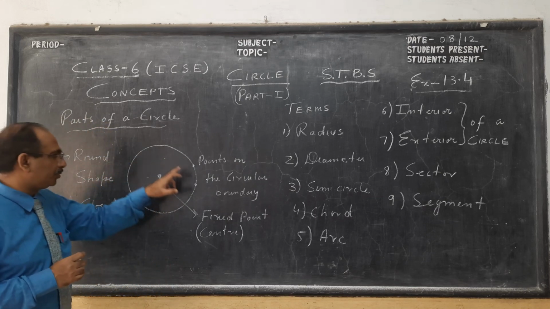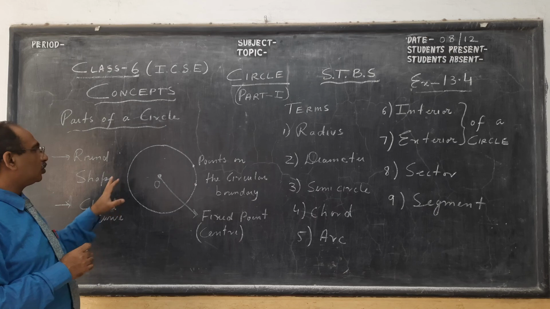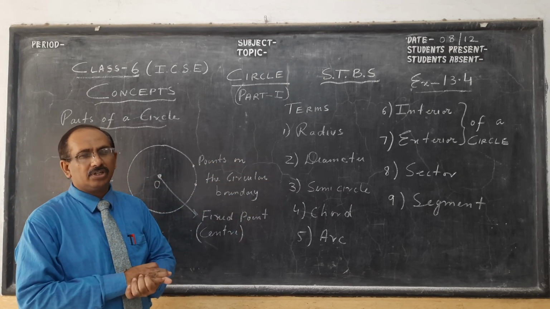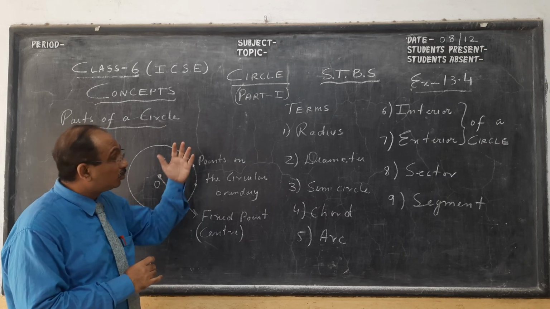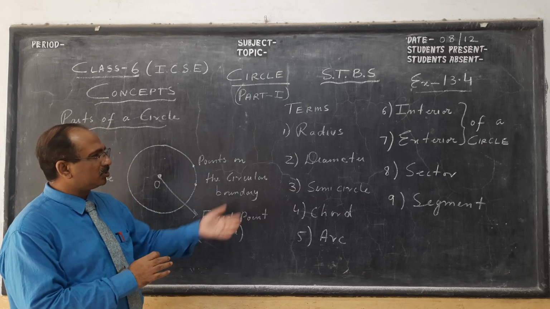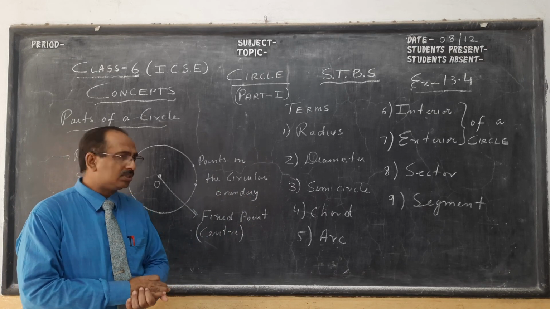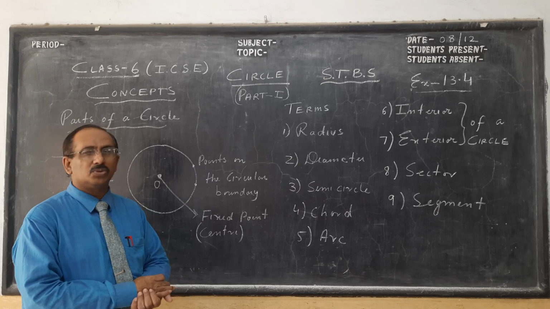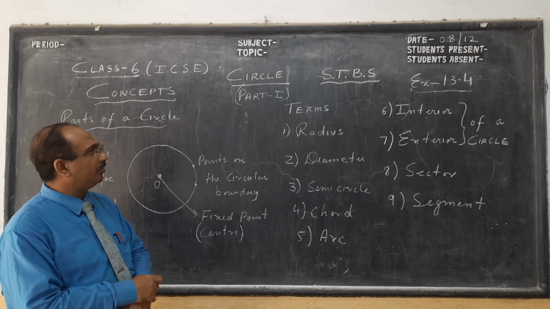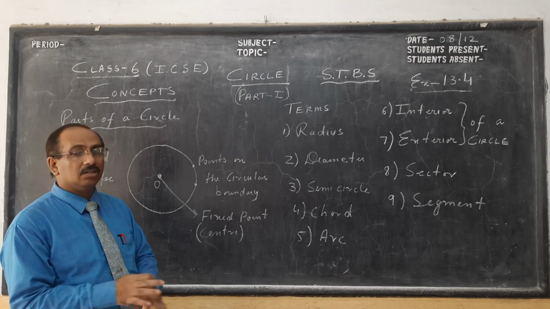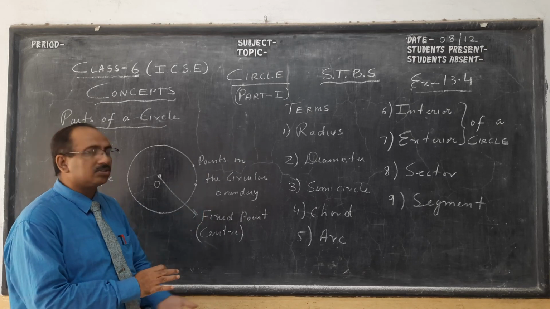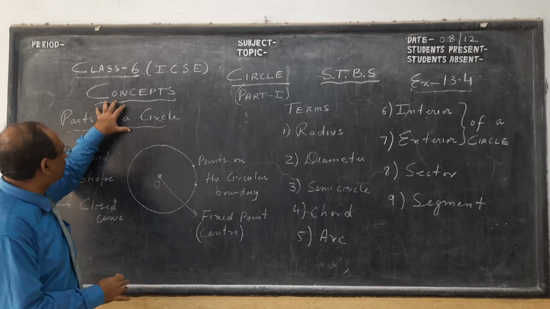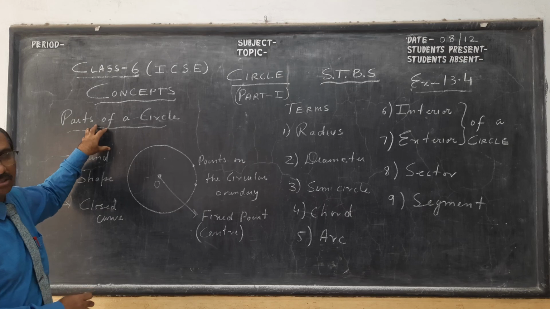So any round shape, a circle is a closed curve. You can see all the definitions in the book, but in this video lesson I am going to explain it to you. If you want to see the exact definition, you have to see the book. I am explaining so you understand, then you can learn. Generally definitions don't come exactly, and in part 2 of the video we will do a few questions based on these concepts. So the first part of this lesson is basically just concepts on parts of a circle.